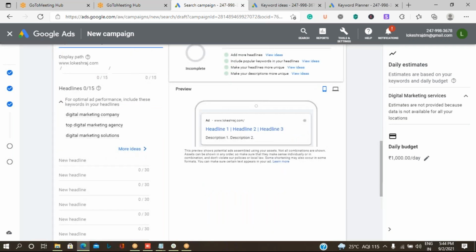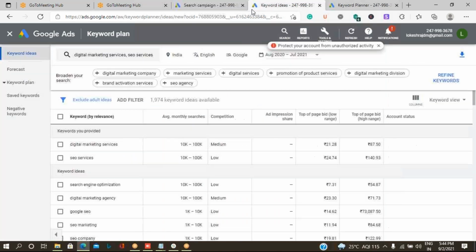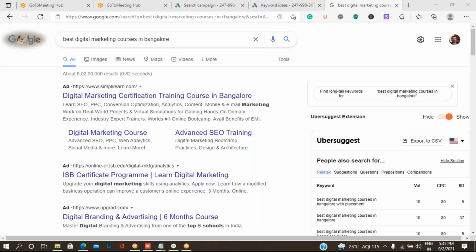The next part is we are supposed to select headlines. You can see if I take an example, on the screen what you are seeing, the ad it is showing, anything written within this block, the separator you are seeing, one separator is called one headline.